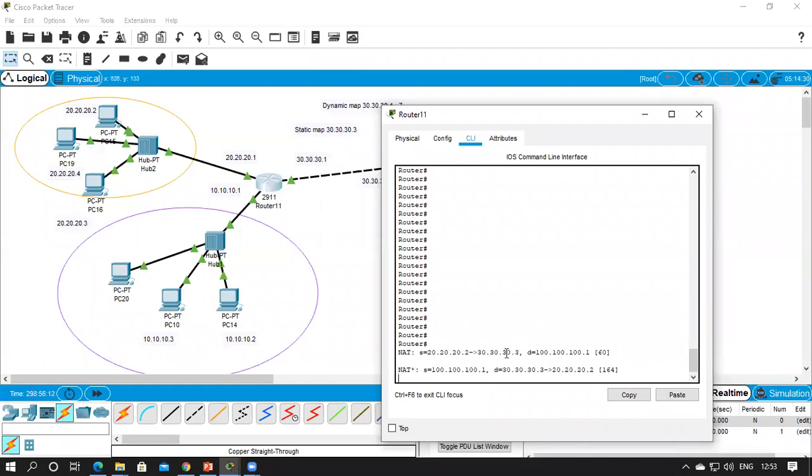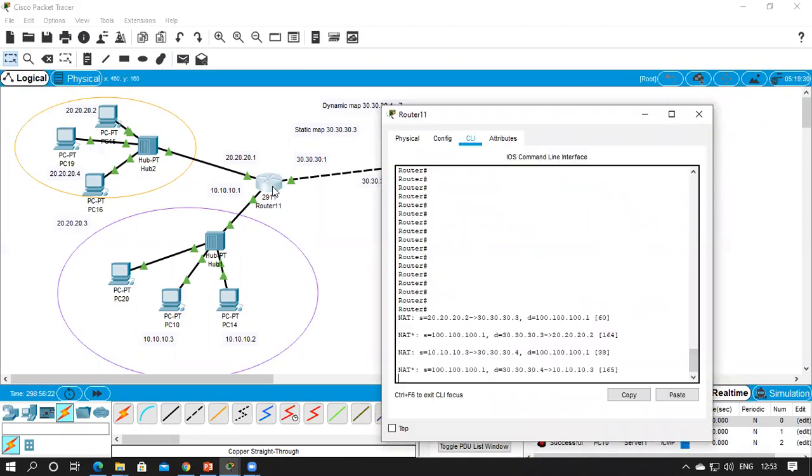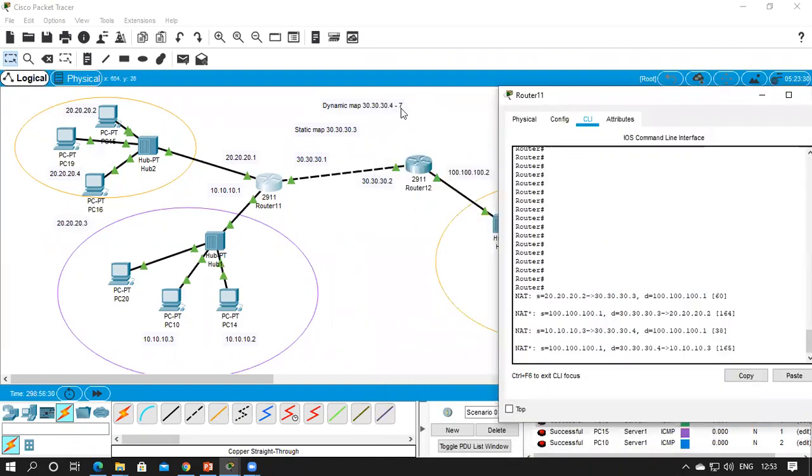So 20.2 is mapped to 30.3. Now we'll see the dynamic one. So dynamic is also mapped. Now 10.3 is mapped to 30.4, because that is the range we have set, 30.4 to 7.